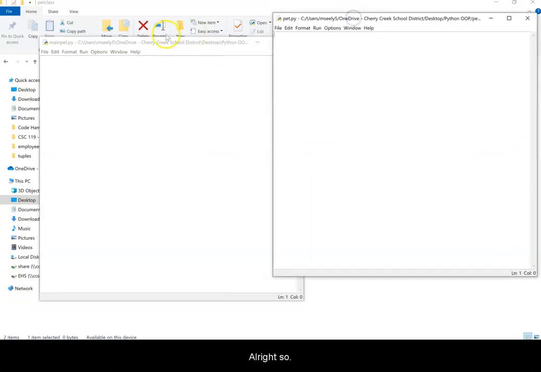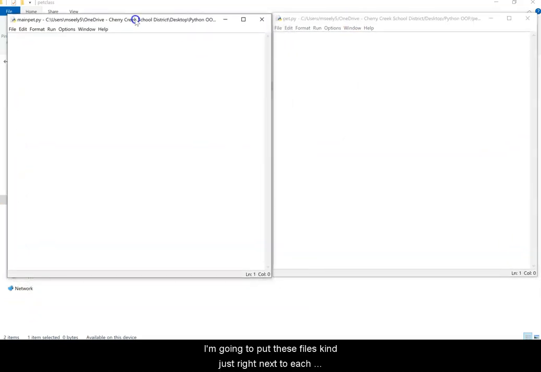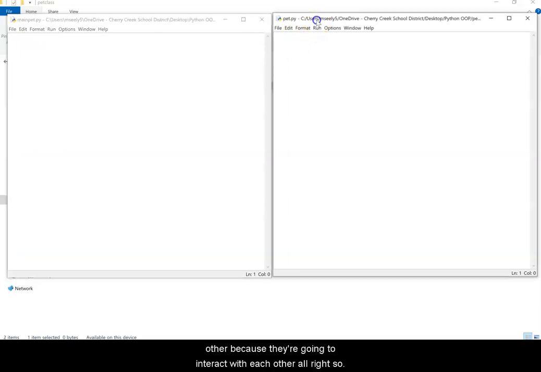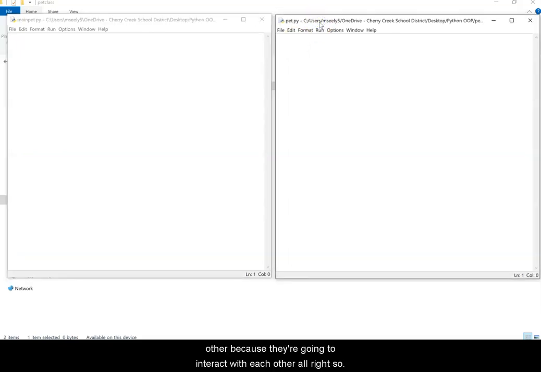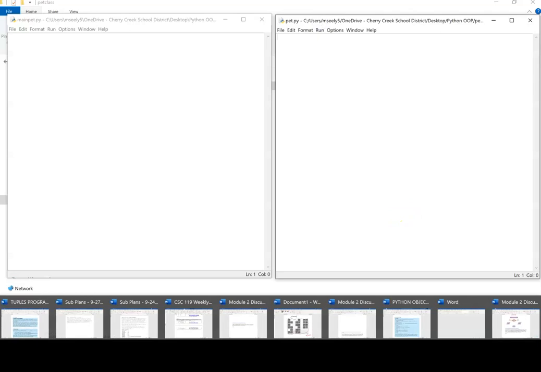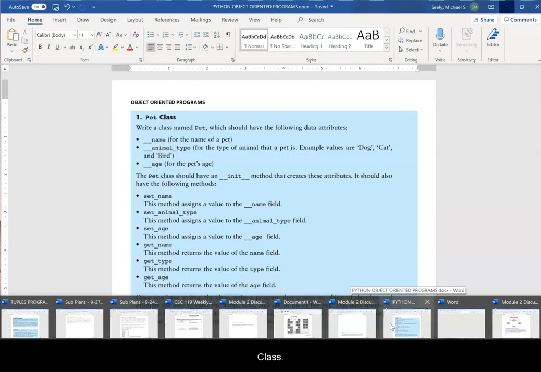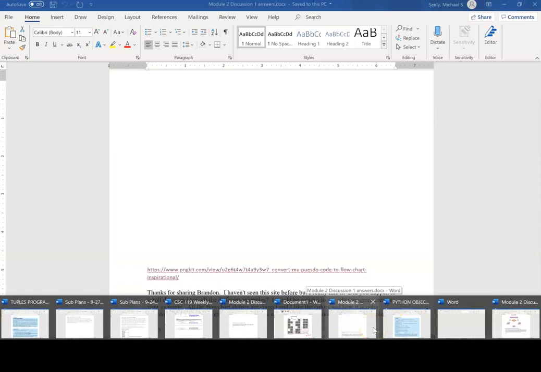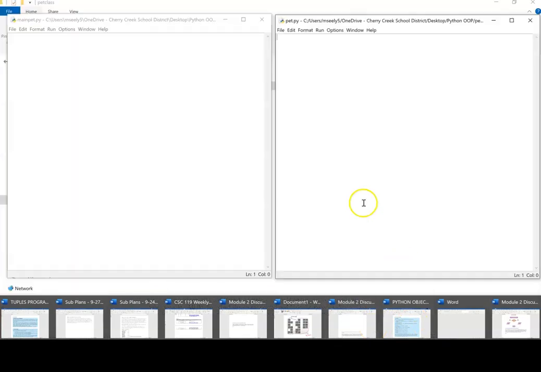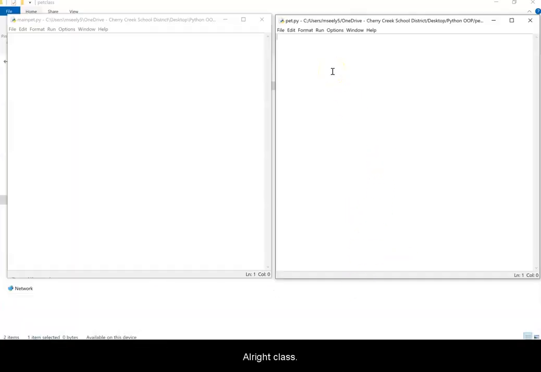All right, so I'm going to put these files kind of just right next to each other because they're going to interact with each other, all right? So, let's see here, pet class. So it says write a class named pet, which should have the following attributes. All right, class pet,